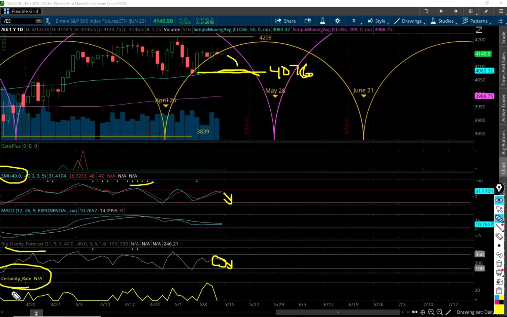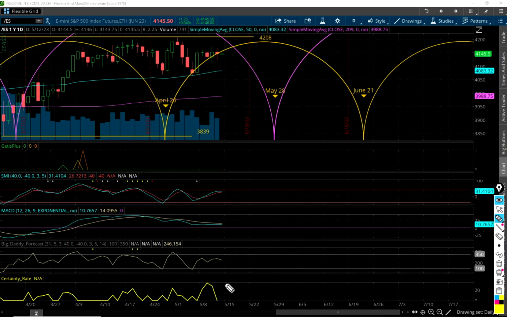If you look at this, I talked about this yesterday, but it's always worth mentioning. Look at this line right here. The certainty rate was below 20 from all the way back to March, and the last few days it popped up above it. Now today it's back down to 0. So that's pretty significant, this little area right here that got above 20. That means volatility is the best way I can put it. There's going to be more price movement in the market, most likely coming in here pretty soon. That's what this means.